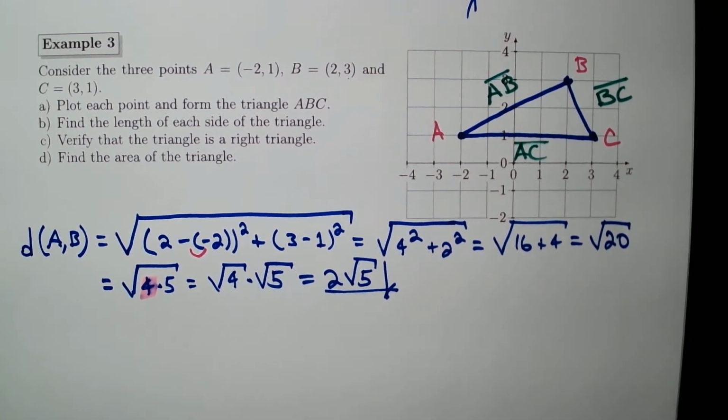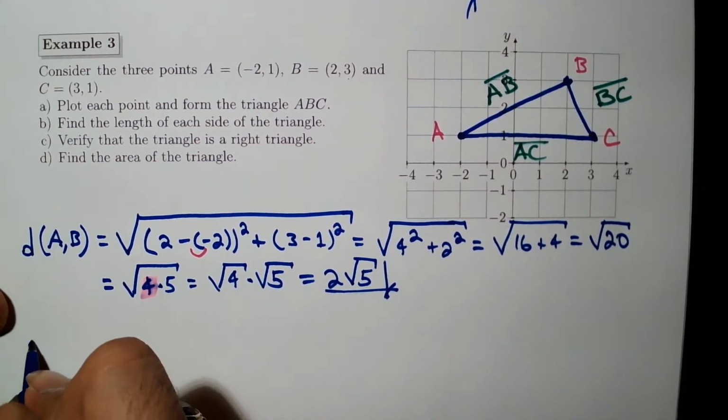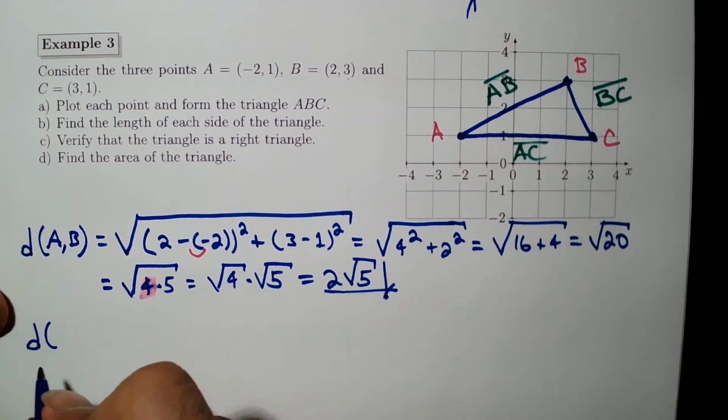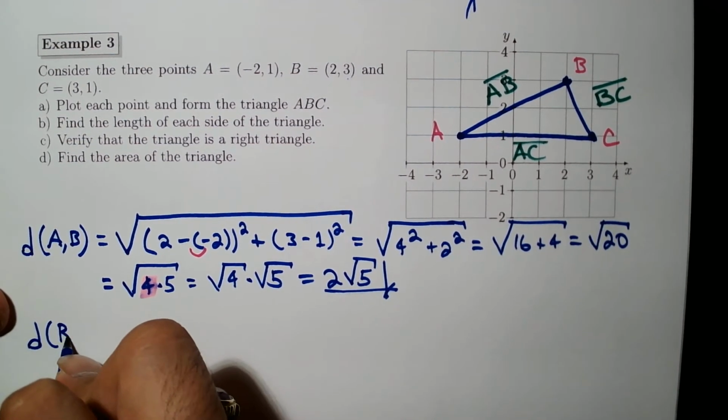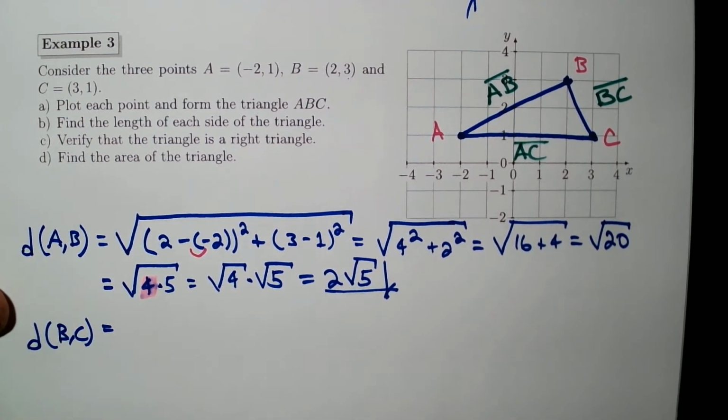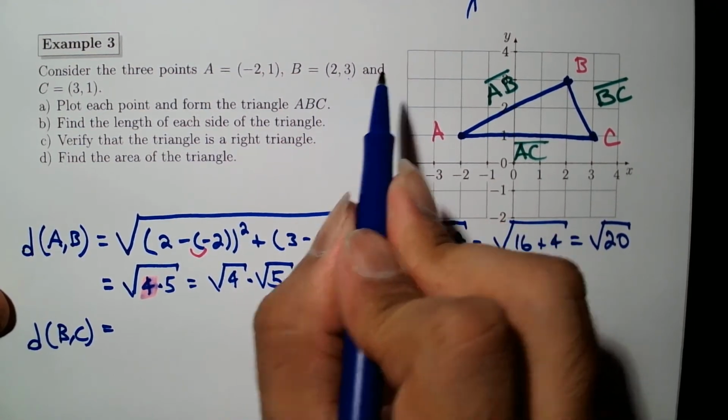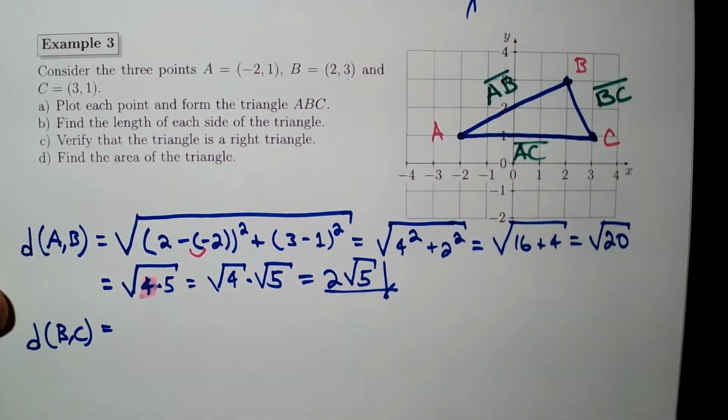There goes the first one. Now let's find the distance between B and C, between this point B and that point C. So the distance will be